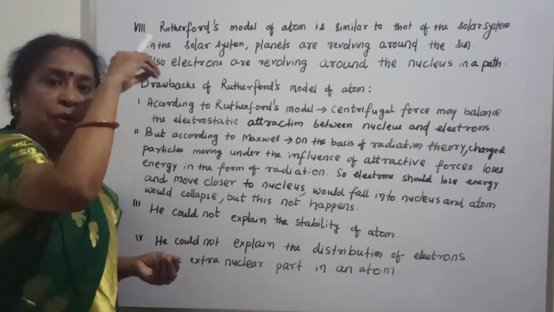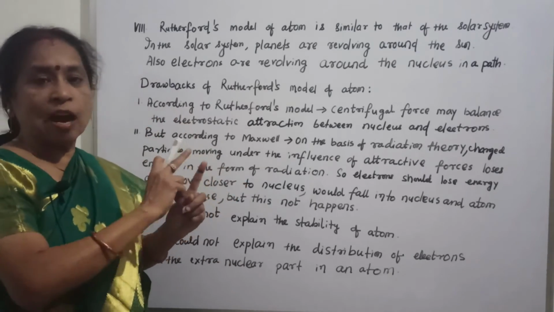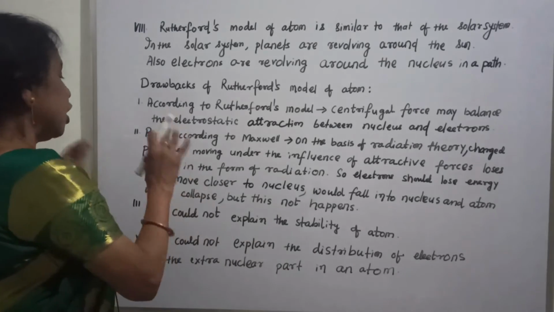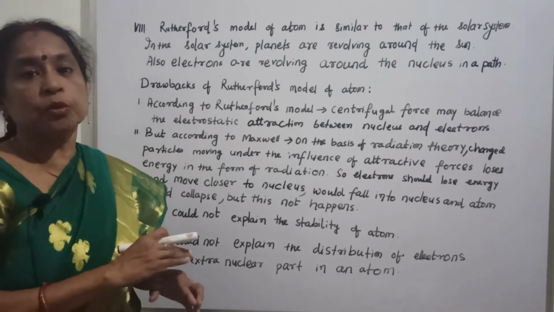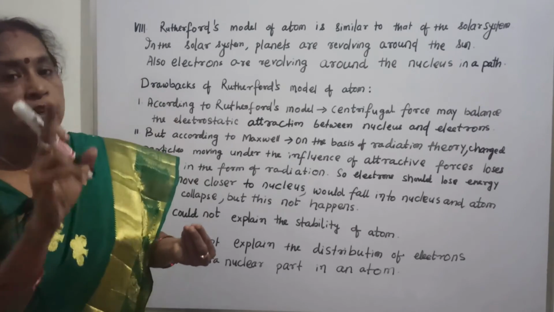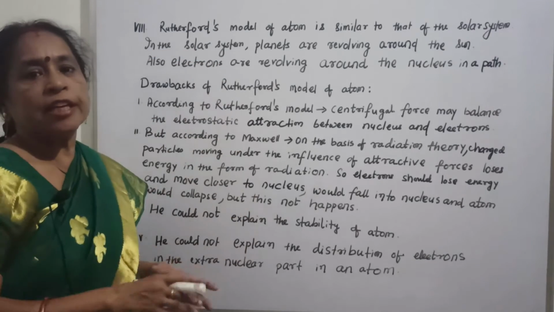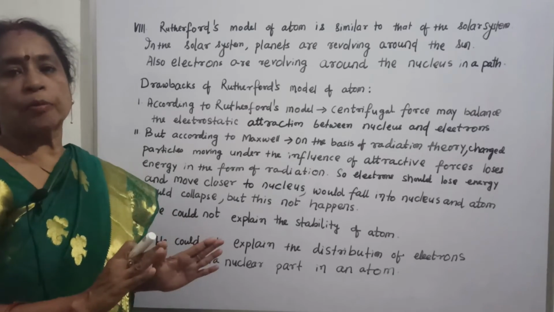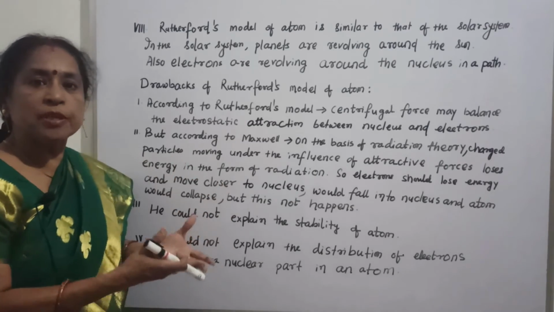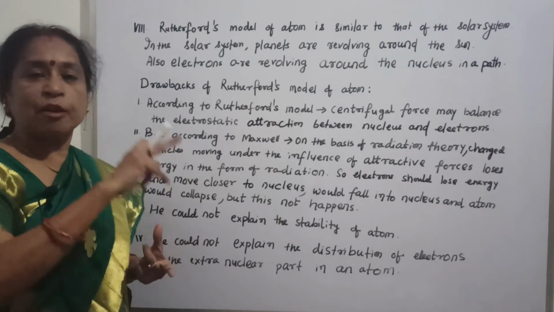The nucleus contains positive charge and the electrons on the outer side have negative charge. When the electrons come into the nucleus, automatically the atom would collapse, because the nucleus is positive and electrons are negative. If the atom would collapse, there would be no structure of atom and no possibility of atom, but this is not happening. The atom is existing.